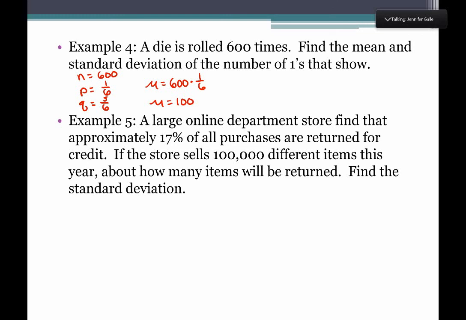Standard deviation, that's our little sigma, not squared. We're going to have n times p times q, and then we can't forget the square root. If we don't take the square root, we have variance. If we take the square root, we have standard deviation. So we get